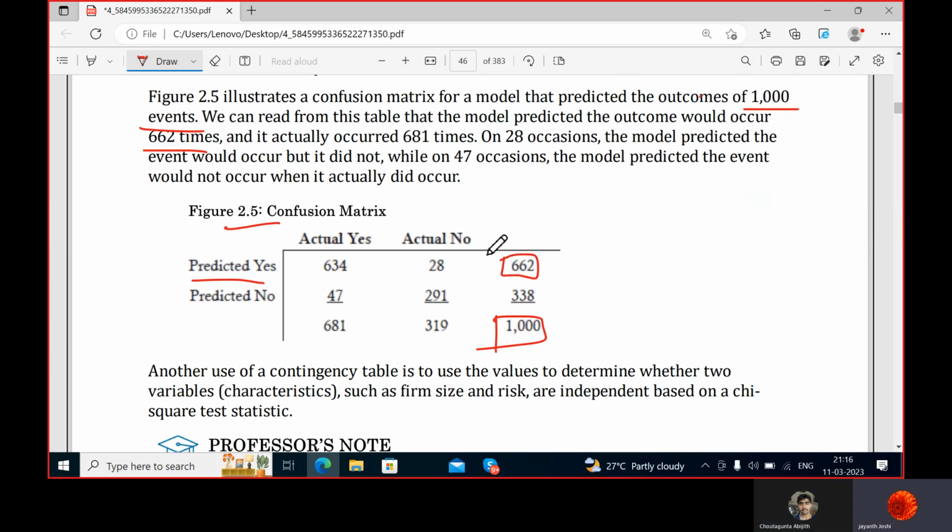Okay. See, prediction is what you are forecasting, but in actuality,